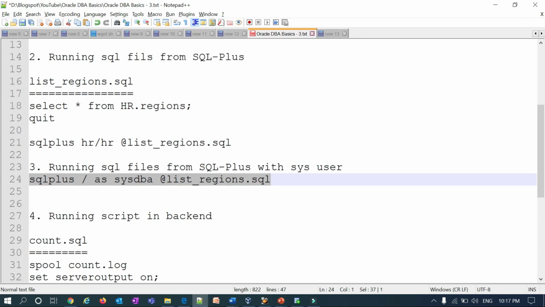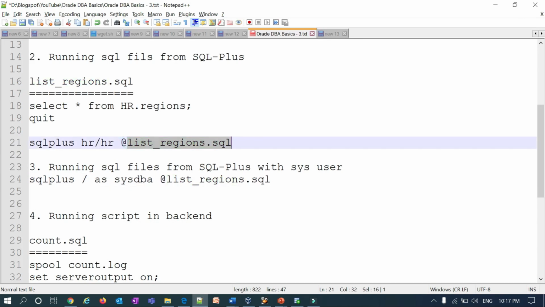Suppose the script gives you output within a fraction of a second, it's fine. You can run it either inside SQL*Plus, or without connecting to SQL*Plus, you just call it in an OS command itself. But if the script is running for a longer time, like 1 hour, 2 hours, 3 hours, it is not advisable to run it using this kind of connection,